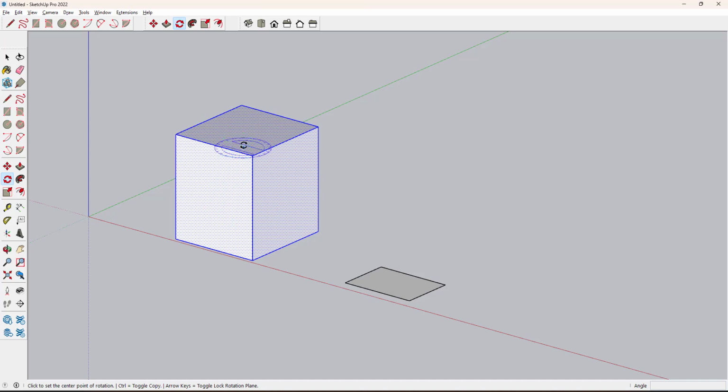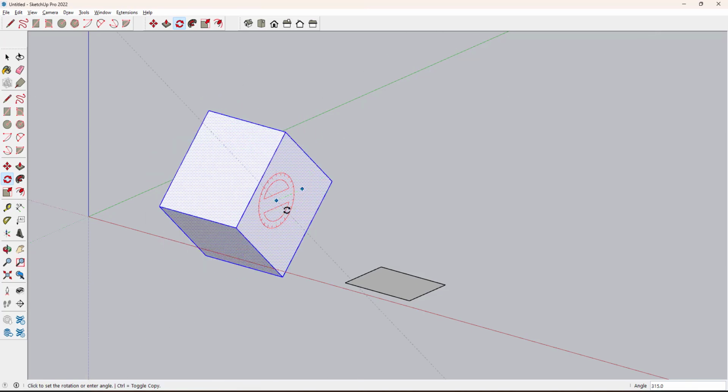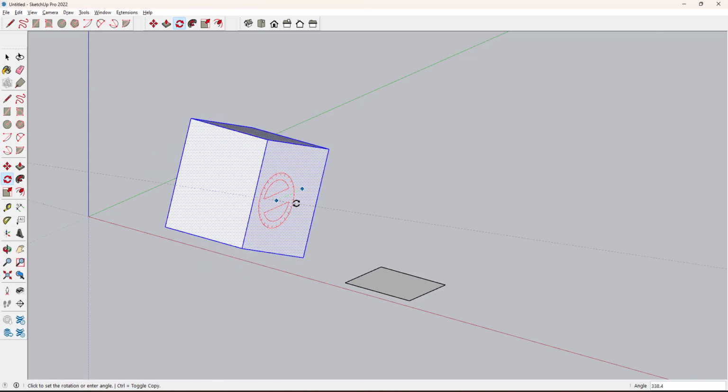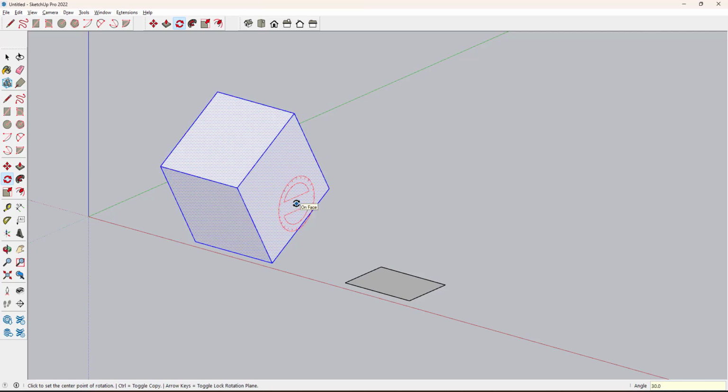As the symbol is changing into red, green and blue depending on the face, which face you want to rotate, you can just select the first point and second point on that particular plane, and then you have to rotate it. Now I give 45 or 30, enter, like this. Come out from the command by pressing spacebar.